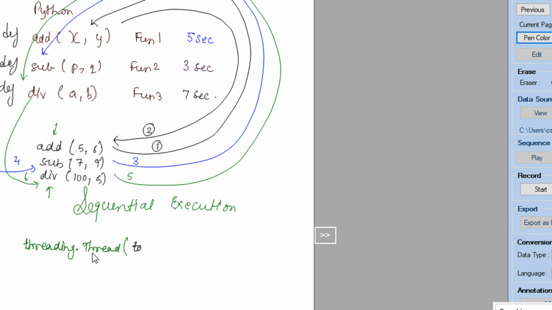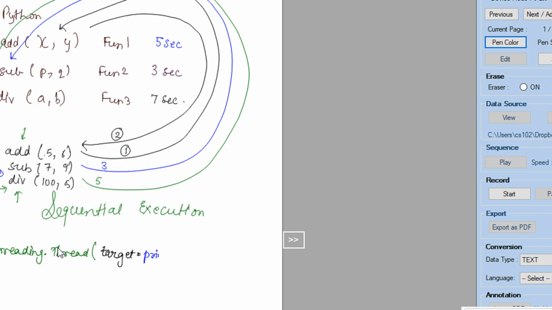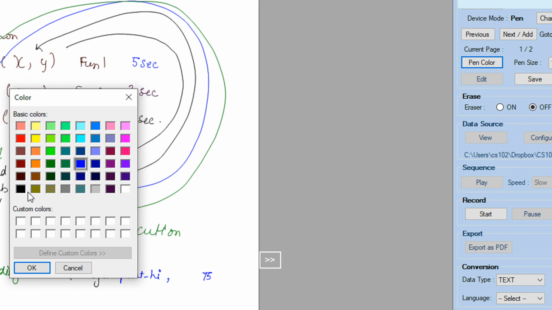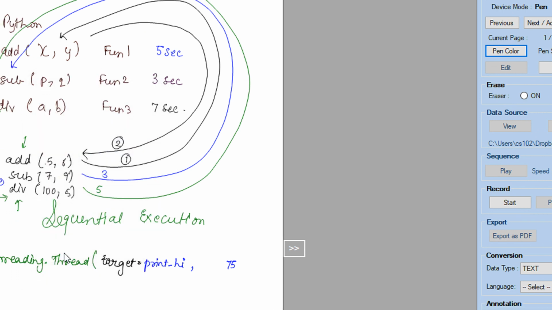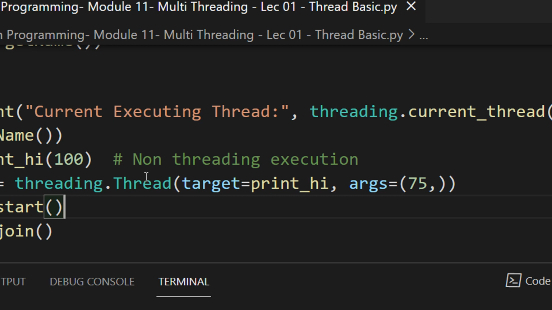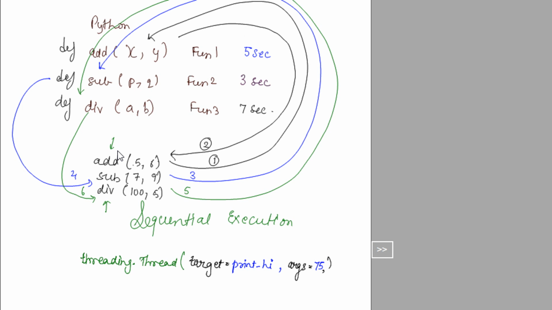I am saying target is equal to, let me keep it blue, print hi, and we have args equal to 75. Now what does each of these things mean? So see, when you are using threads, as I told in this example, you are calling functions only, but you are calling functions in concurrence or in parallel. Basically, you are doing parallel execution.